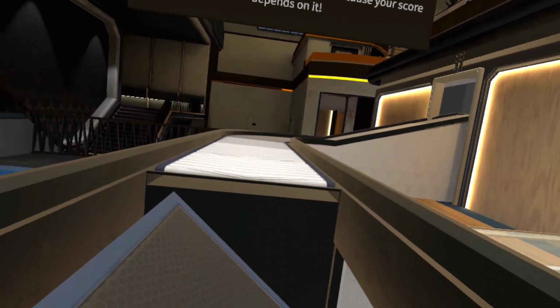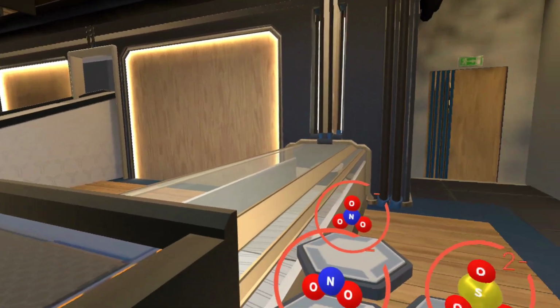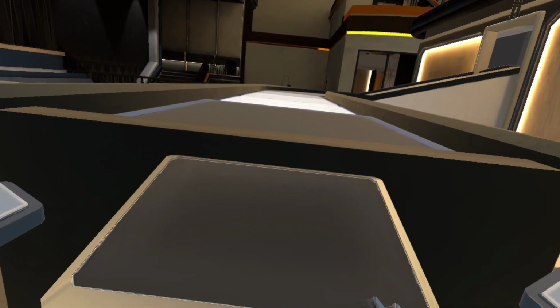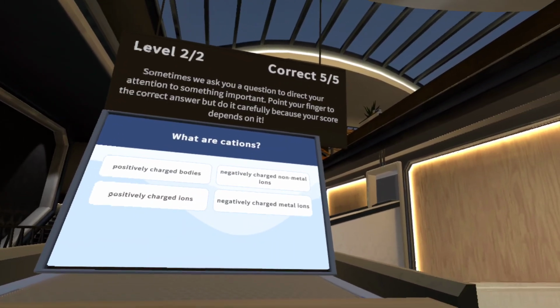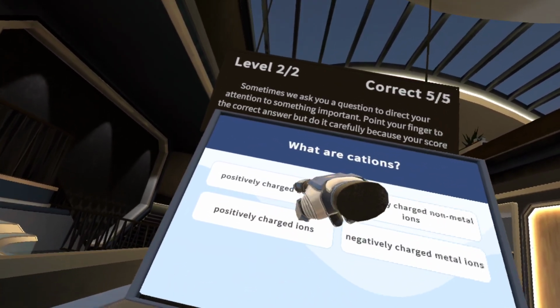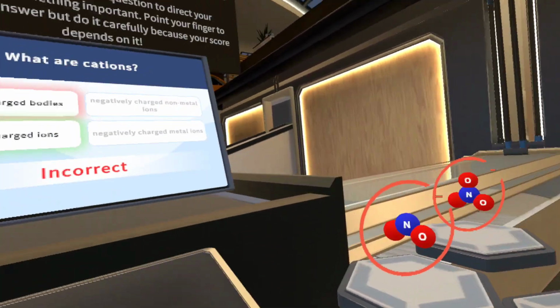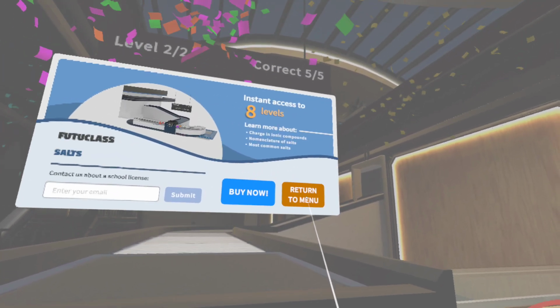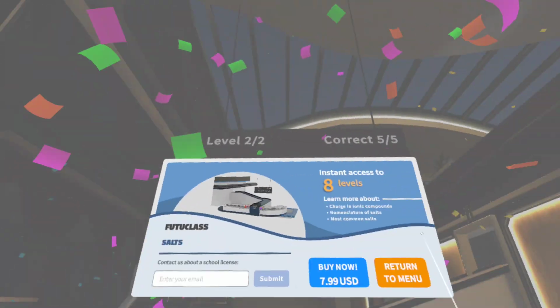Sometimes we ask you a question to direct your attention to something important. Point your finger to the correct answer, but do it carefully because your score depends on it. So far, you have completed the first few levels. In the full version, there are 8. It covers several important topics, such as